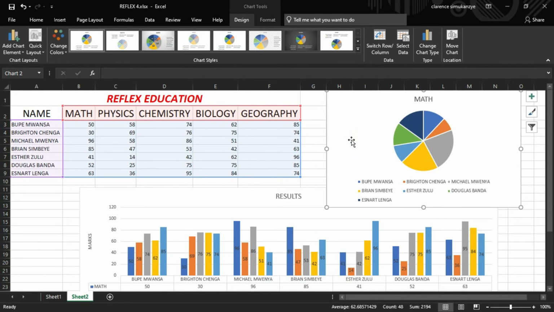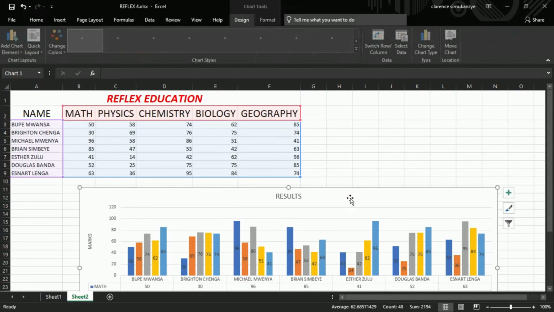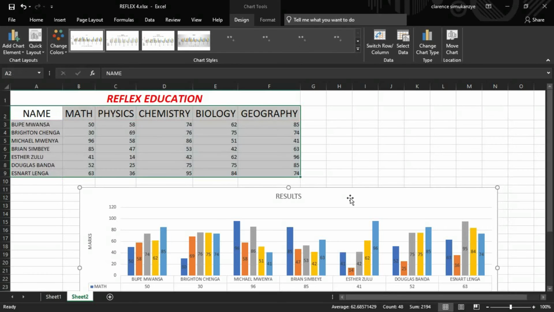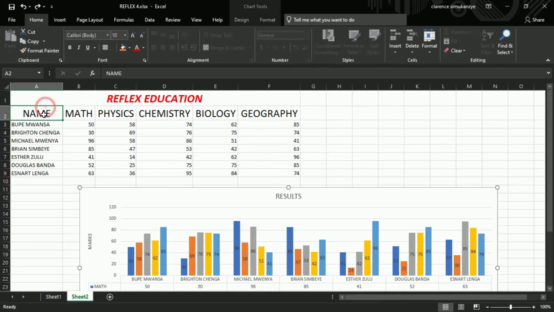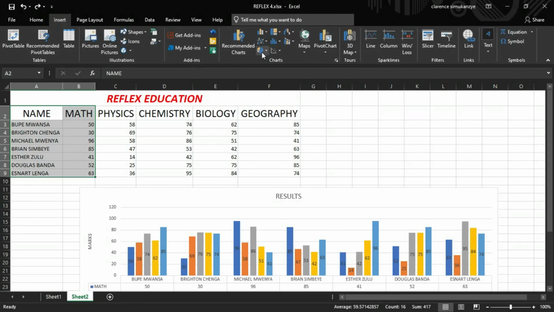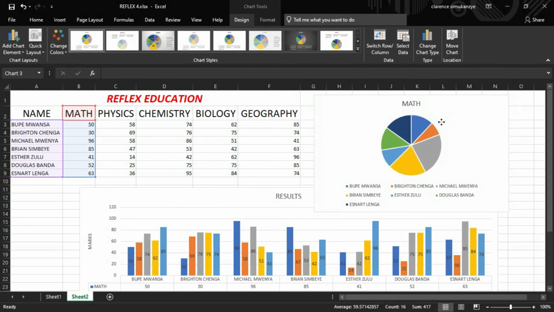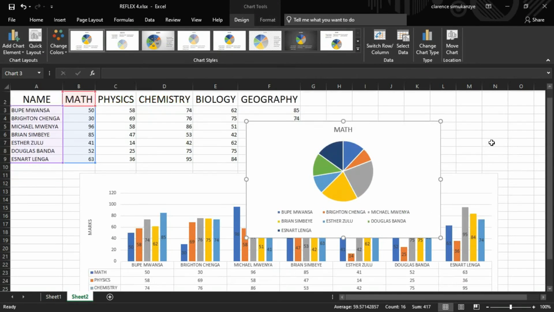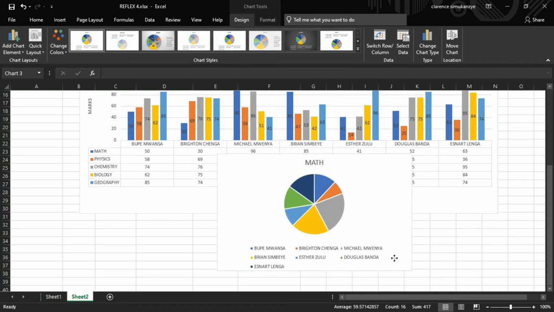So we have to delete that. In order for you to delete the chart, you simply click on the chart and then you press delete. I think even backspace works. Okay, yeah, backspace also works. So let's just undo so that we have our chart back. Now let's highlight. We have name, and we have the names, and we have the math column there. So we're simply going to say insert, and we click there, and now we have our chart again, and this chart is the math chart. Okay, so we can just go down. Let's say we want to put it just down there. Oh sorry, we're moving the wrong thing. We want to move the chart. All right,